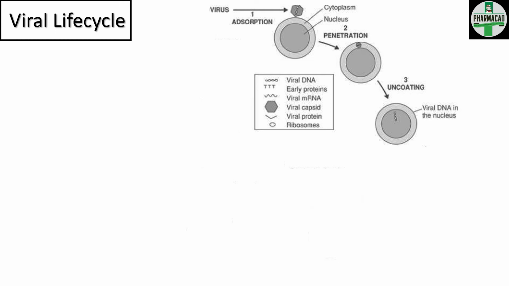The next phase of this life cycle is the eclipse phase, in which viruses are utilizing host cell resources for replication and producing newer viral particles, which are known as virions. In our body, few cells support this replication of virus or eclipse phase, and these cells are known as permissive cells. Infection caused in these cells is known as productive infection because newer viral particles are going to be formed